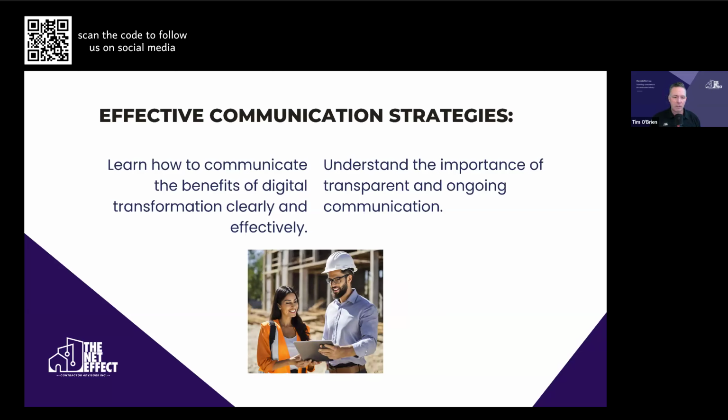So all of this change management is very important. Engaging your staff, helping them understand everything that you're doing, not just doing things in the background, getting their feedback, and having a clear explanation of benefits, and clearly articulating the reasons for this digital transformation to everyone so they know why you're doing it. It's not just a whim. It's to become more efficient. It's to become more profitable. It's to make work easier.